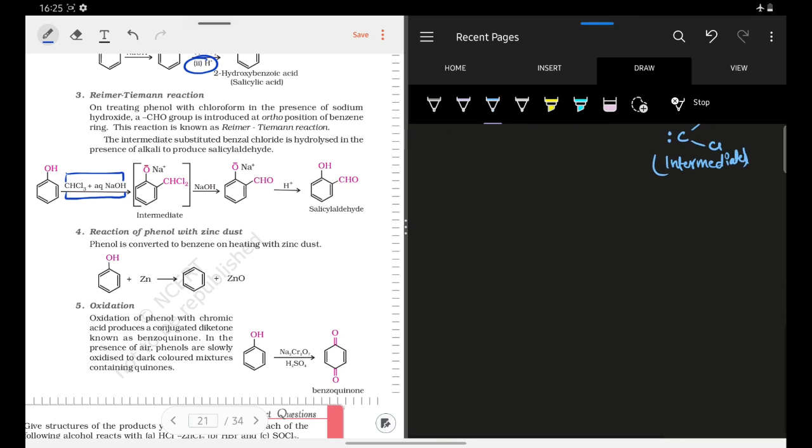So now what will happen is that this phenol ring will attack this intermediate. So let us try to make that. Okay, I will draw the orientation in the other way, because I have to write on the right hand side. It does not matter wherever you draw it, okay. So this is your dichlorocarbene.